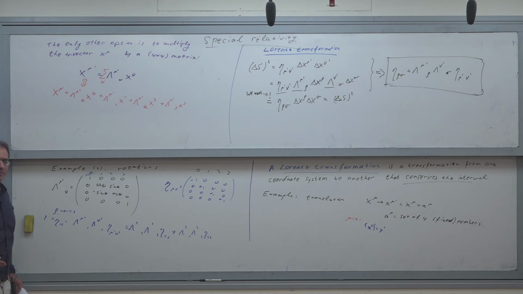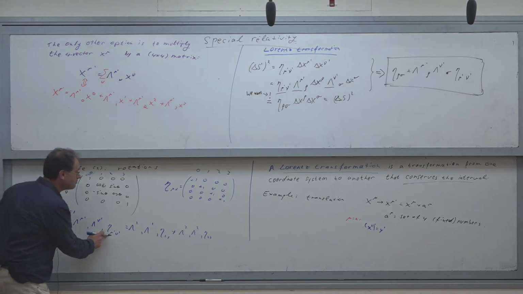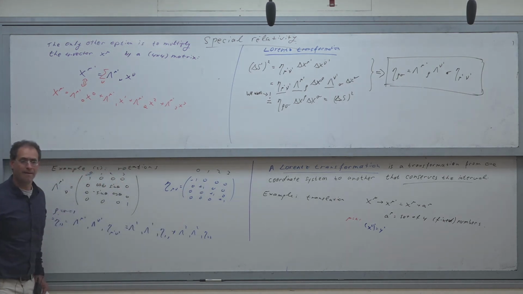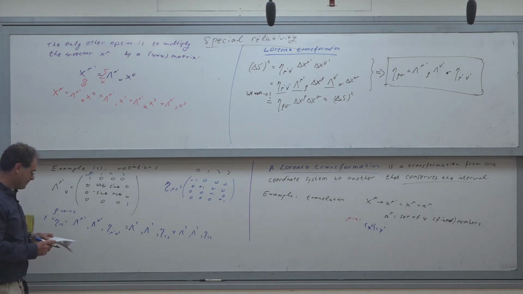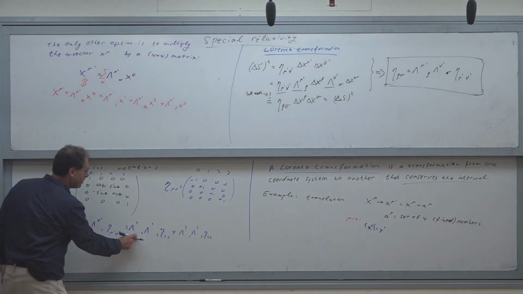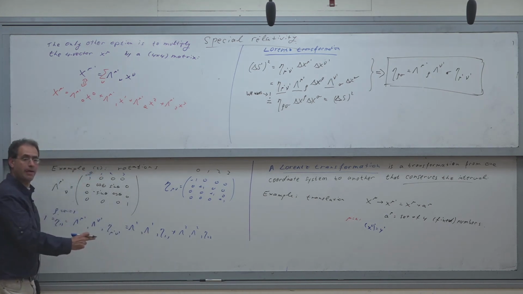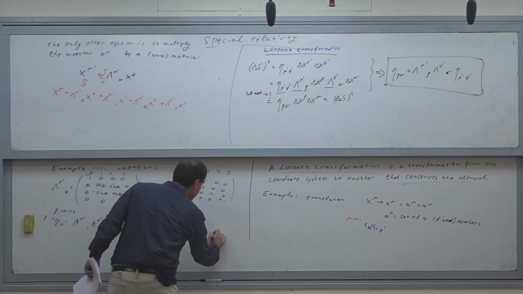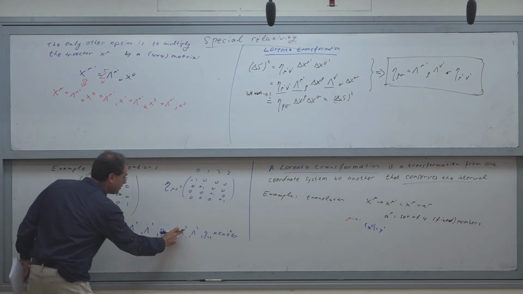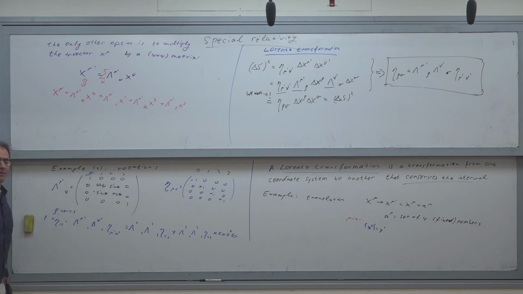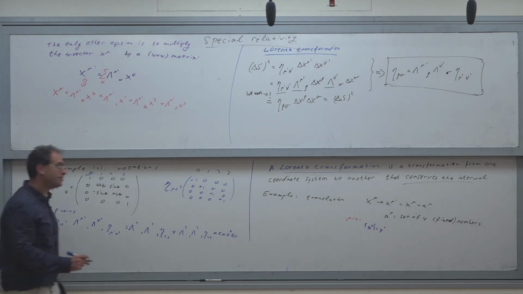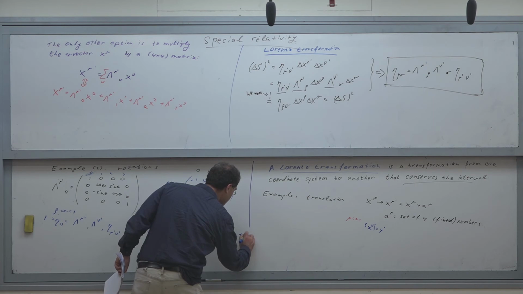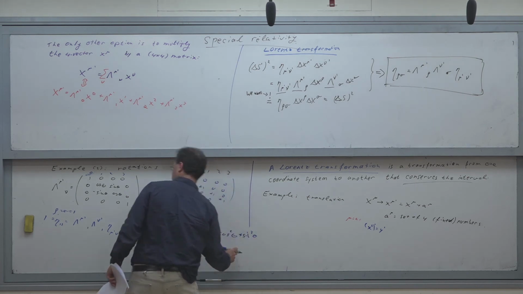All other terms are 0, because eta will just give them zeros. So what is that? Lambda 1, 1 times lambda 1, 1 is cosine squared theta. What is lambda 2, 1 times lambda 2, 1? Sine squared theta,